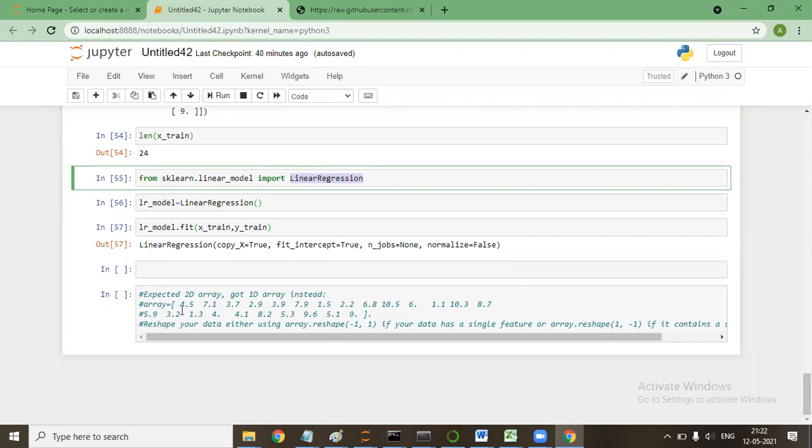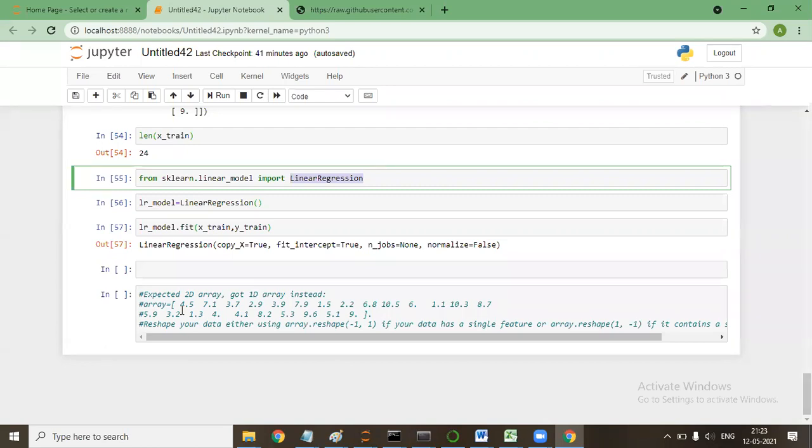Then the other thing is the y variable that we have been taking. But it will not happen when we work with two values in X, because X is the regressor and Y is the predicted value. When we use, for example, X1 and X2, we don't need to convert it into a -1 and 1 two-dimensional array. Then this particular problem will not come. Are you guys with me? Yes, sir.